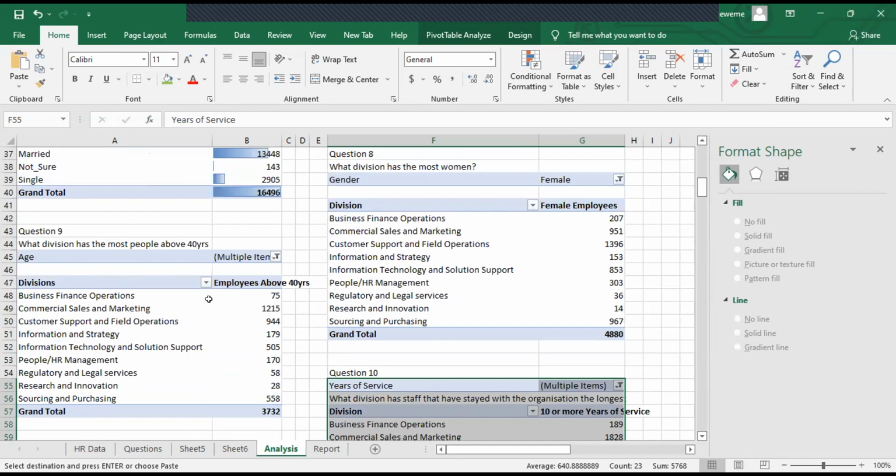I wanted to use that grouping thing that he taught us, so I grouped ages by 10 years, 10, 20, 30. When I thought HR, I thought female, because a lot of people say women are underrepresented in the workplace. So I wanted to see if that is happening here.